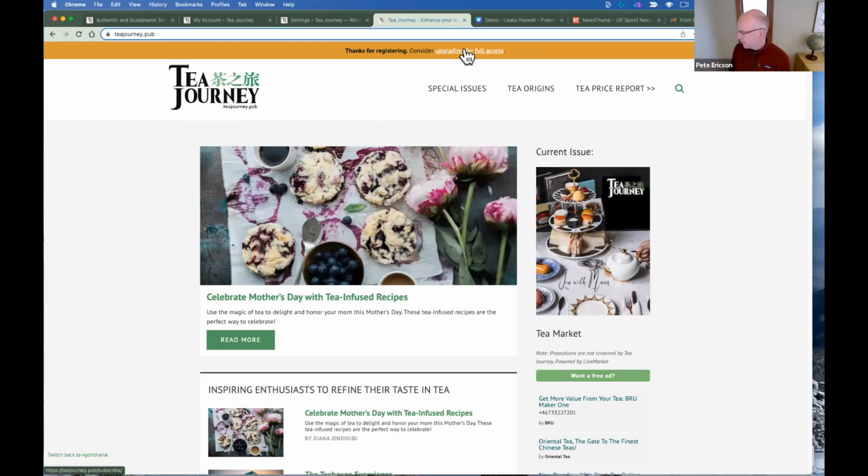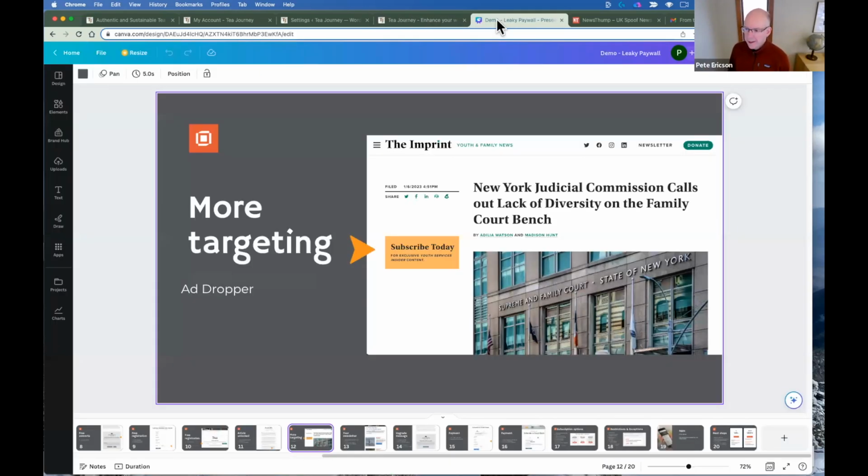Number 5 is our ad dropper extension. Ad dropper essentially lets you hide ads for paid subscriptions. That's its superpower. We built this a few years ago as we couldn't find an ad plugin that we really liked in WordPress. They're all very heavy and complicated. So we built this very lightweight way to put ad zones onto your website and then fill it with whatever